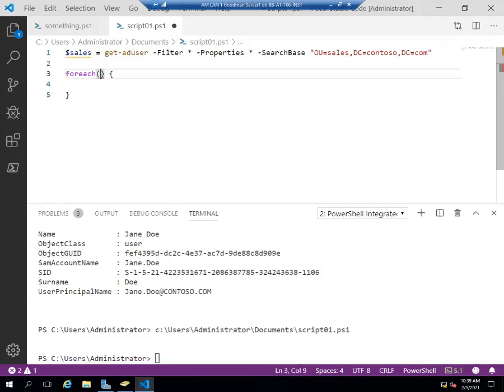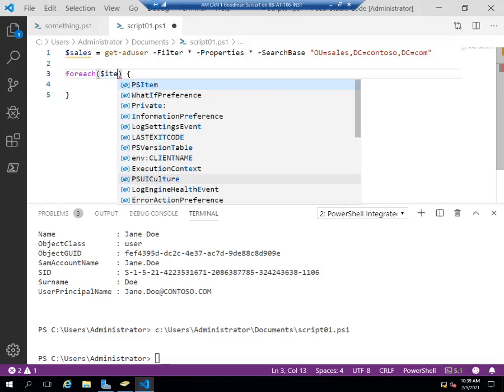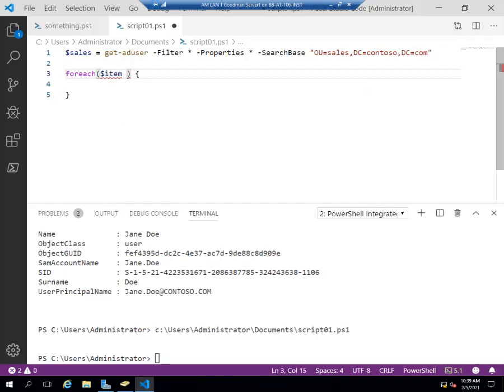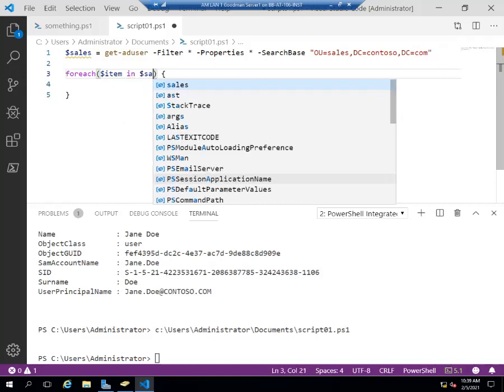So that's what we're going to do here. We're doing foreach, and I can do like $item. If you think of a grocery list, for each item on my grocery list, grab it, put it in cart would be the code. So foreach item in sales